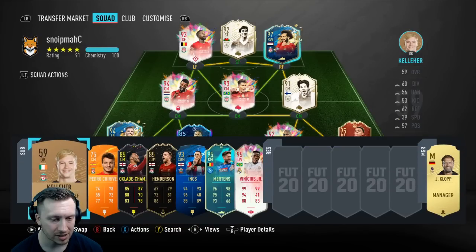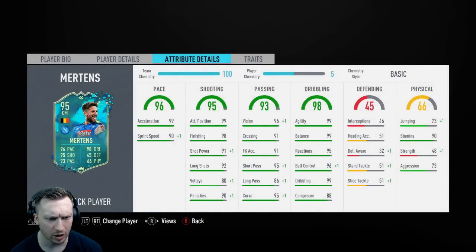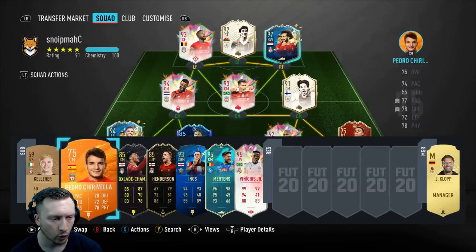The bench looks something like this. Mertens is the same as well, by the way. I've not put a chem style on Mertens because, in my opinion, he doesn't really need one. There's no point trying to boost that strength. It's completely pointless. Even if you could boost it by 30, you'd still be below 80. So is there any point? No. The ball control goes up by 1. I mean, it goes up by more than this, of course, because we've only got him on 5 chem there. If we had him in the team on 7 or 8 chem, a chem style would boost things by 2 or 3 points. So yeah. Anyway, though, former Liverpool player Danny Ings there,